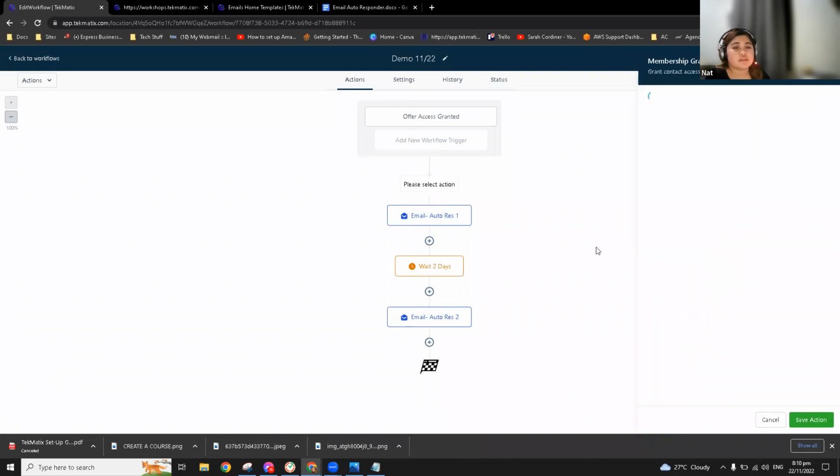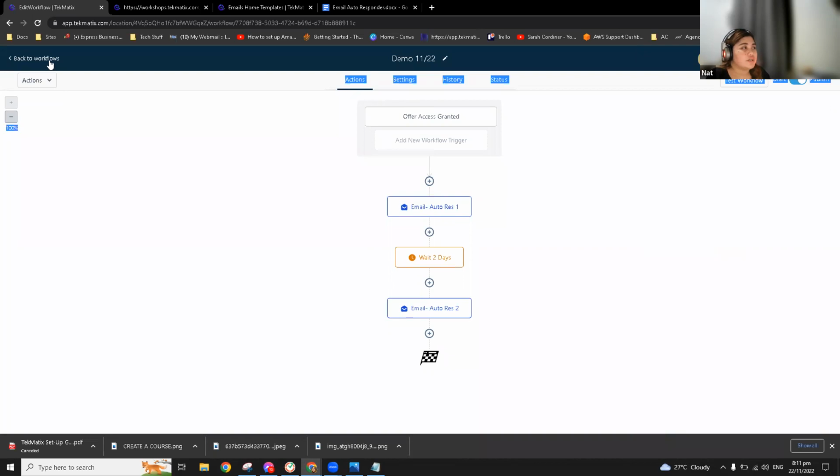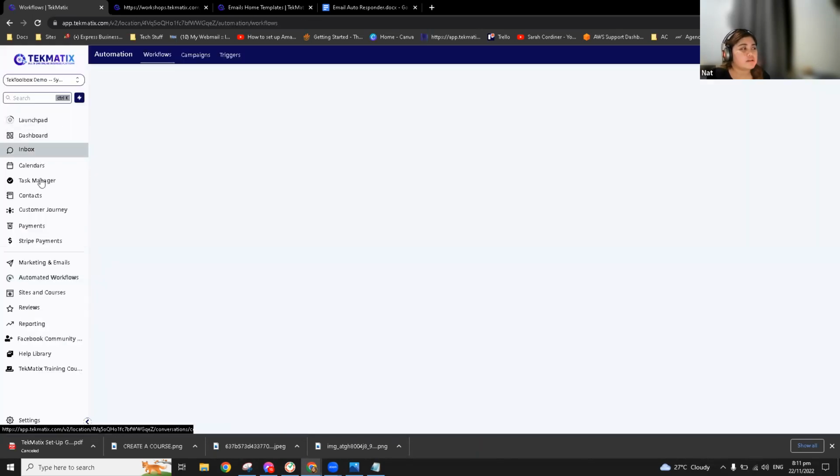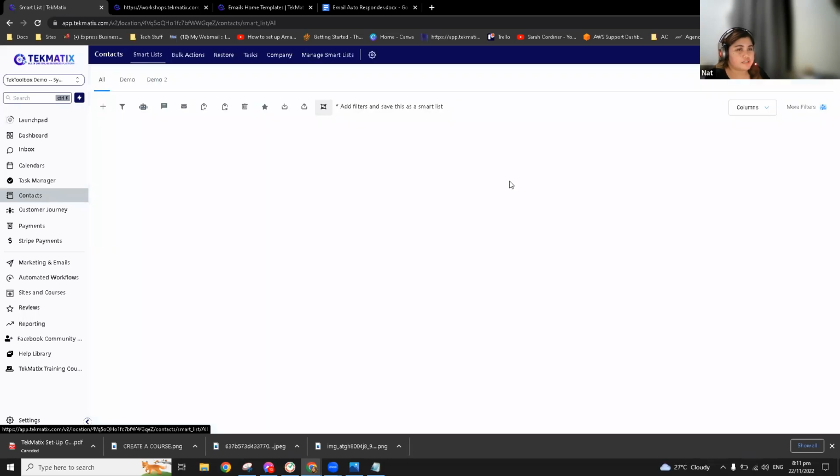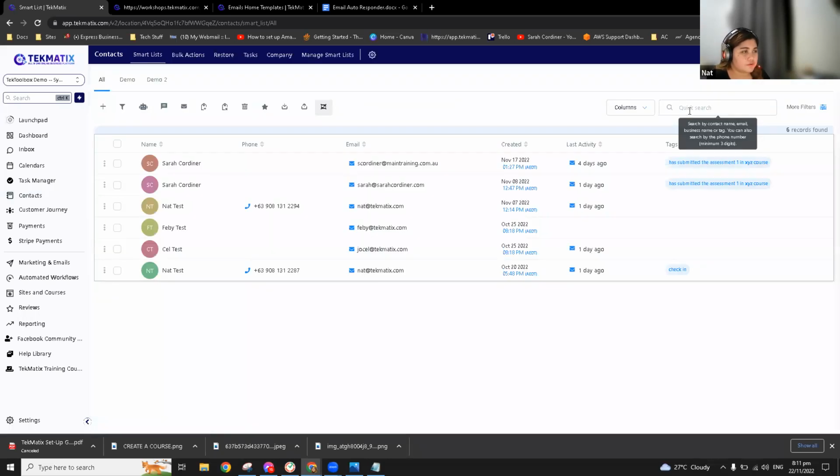When you do it that way, they automatically receive login details with all their credentials to be able to log into your course. So that's one. The third one is directly through the contacts. When I go to contacts, for example, let me do something to Mike. Let's have this one.